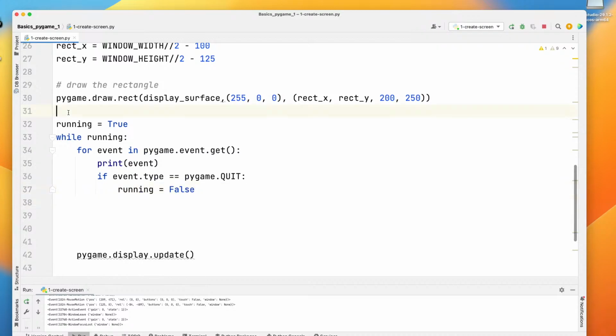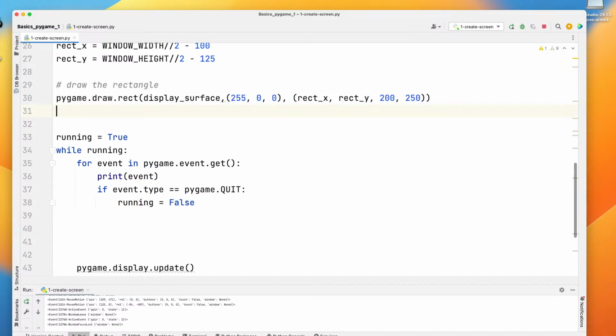But at the very beginning, it's better to define the step. How many pixels we move when we press one button. For example, it can be, I don't know,